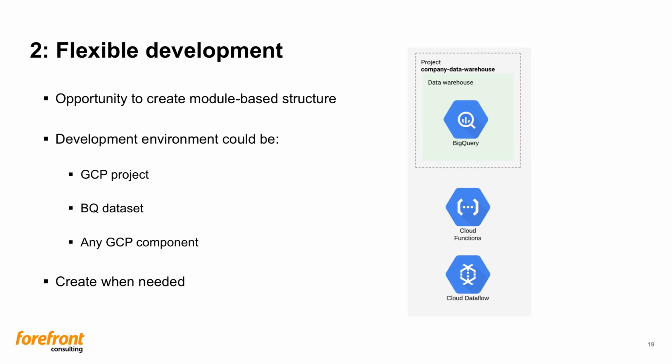For example, if you want to optimize a view in production in BigQuery, you can keep a dataset as a sandbox environment, where you can work on your view with production data without disturbing the other views in production. You can basically create small dev environments when you need them and then delete them when you're done.